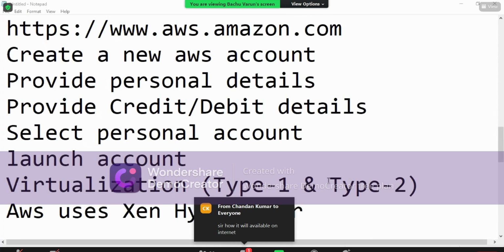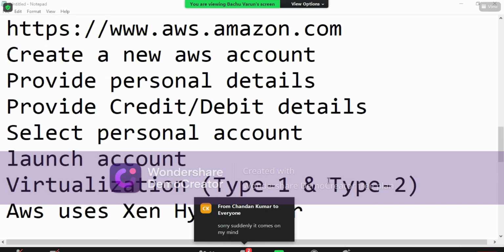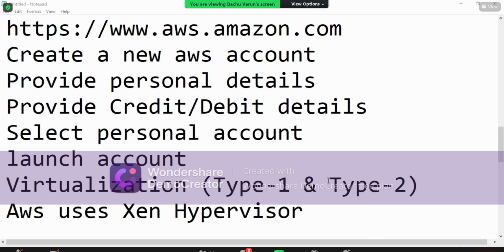Okay, so AWS account is a web-based account. When you're accessing AWS account, it means you're also able to access the virtual machine. Don't need to worry. You have to wait till the practical comes, and I'll show you then. There are multiple ways to use the machines. I'll show you two methods: one is from your machine and one is the web browser, which we have already seen. I'll show you both of them.